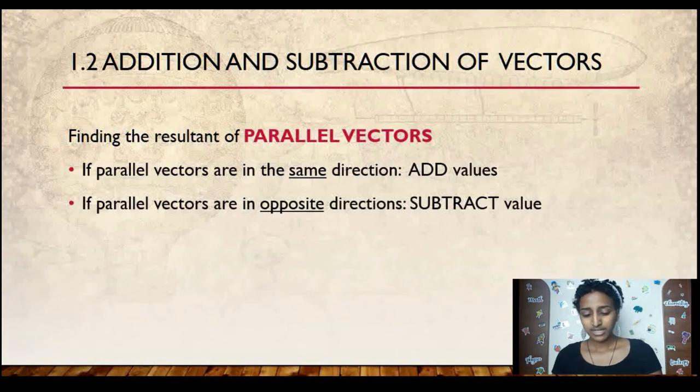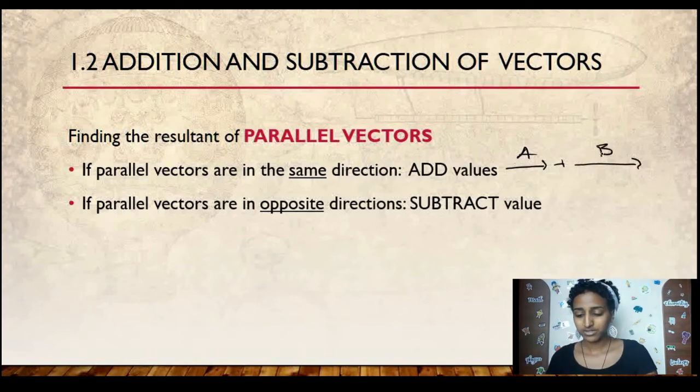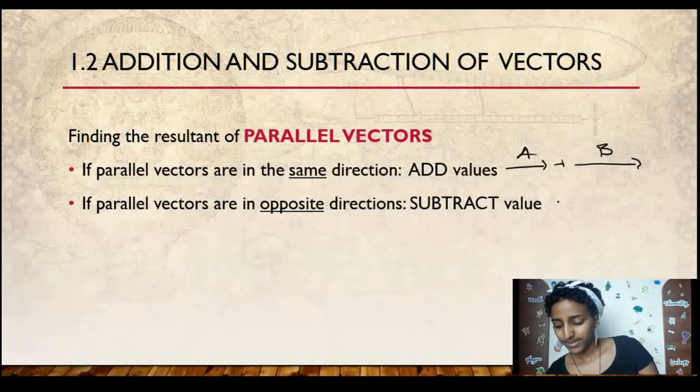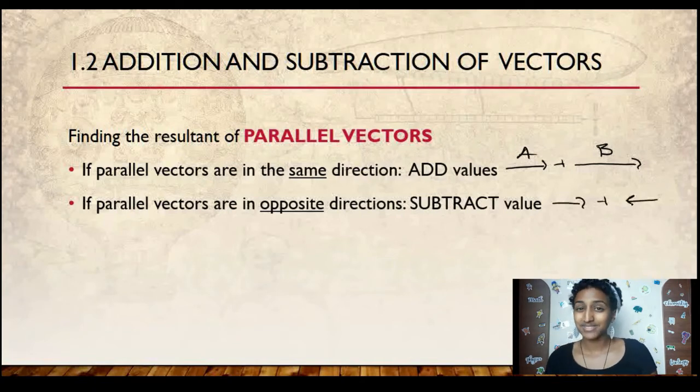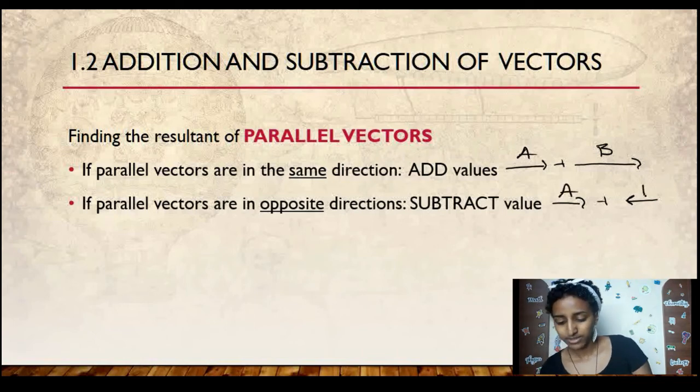To draw this graphically, two parallel vectors in the same direction would mean that you have vector A here plus vector B here. You see, they're in the same direction because the arrowheads point the same way. If the arrowhead is pointed on the same side of the arrow, it's in the same direction. Now I have two opposite vectors, that means they are in opposite directions. I still use the plus sign because I'm technically still adding them together, but they're in opposite directions. So you would have to subtract these two values in order to find the resultant.